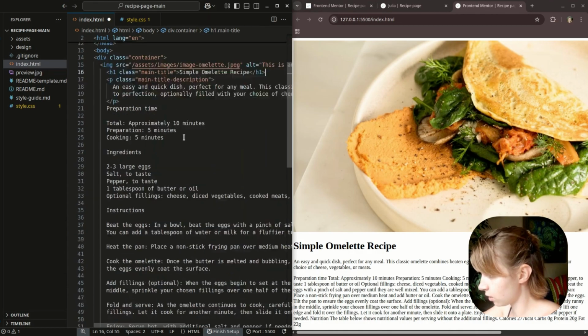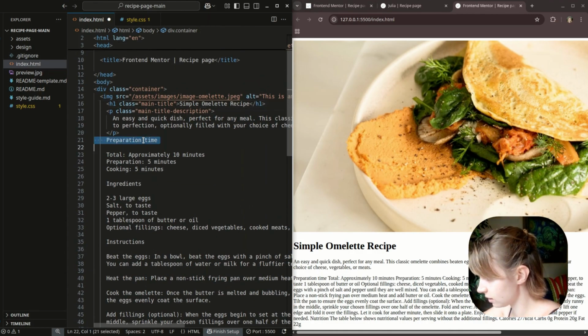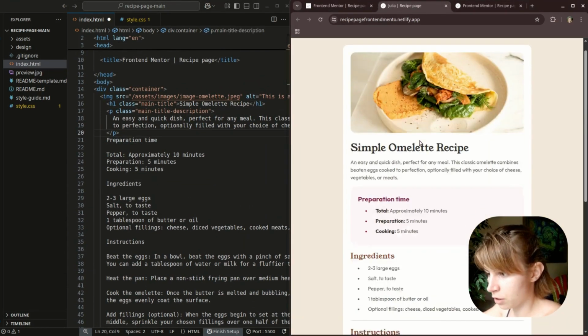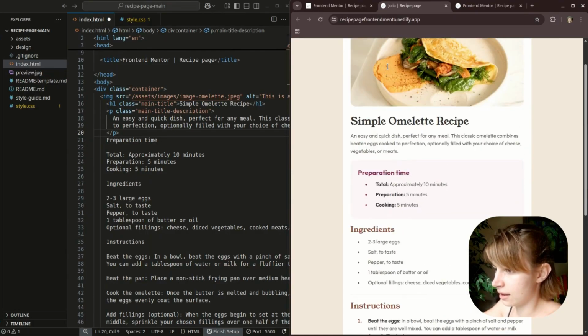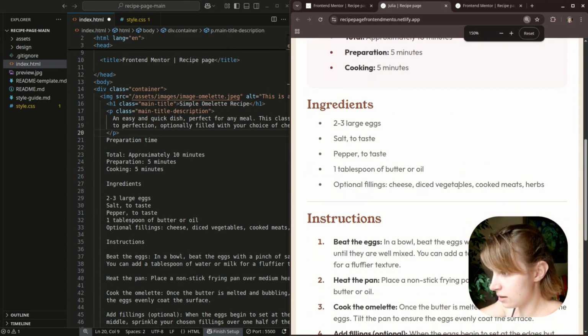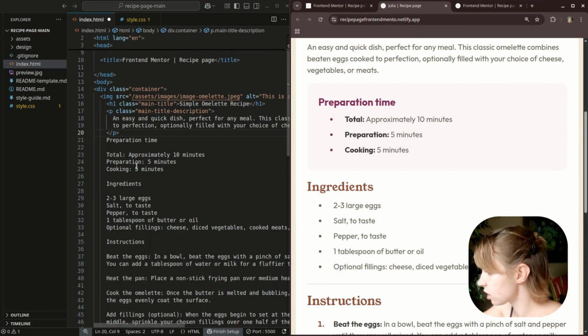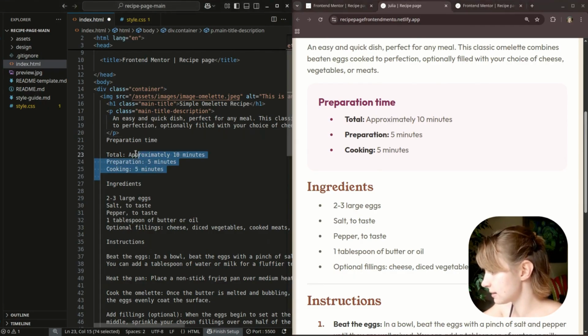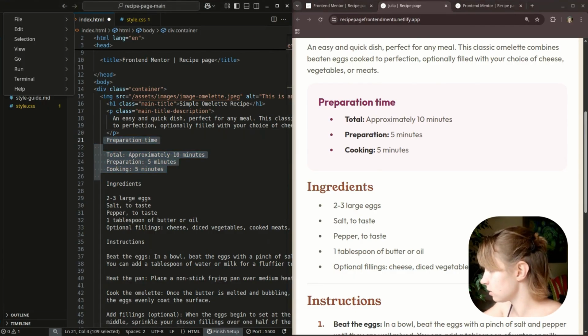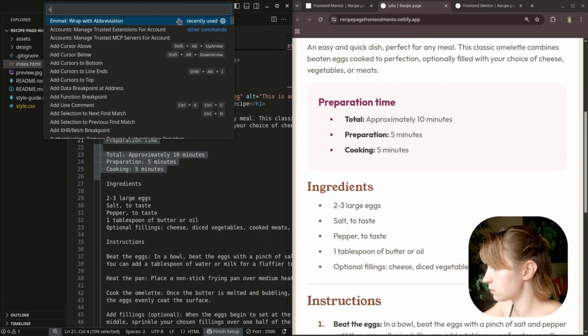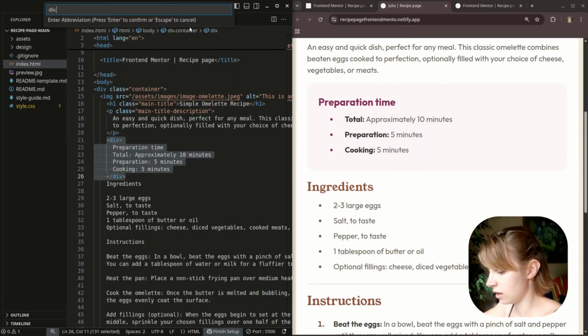All right, so now we're just going to go through the rest of these. So for example, for this preparation time here, you may not see this. Let me zoom in. It's actually not very visible, so you may not pick this up on the video, but there's a very faint pink box around this whole preparation time. So I'm just going to again select all of this text, go view, command palette, Emmet wrap with abbreviation, div.preparation